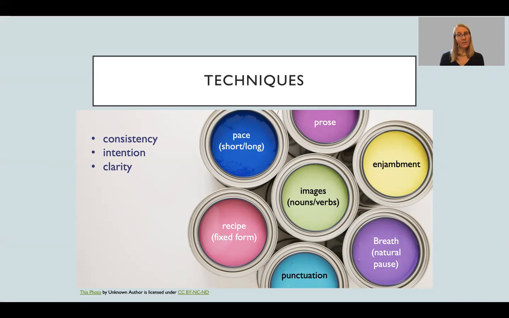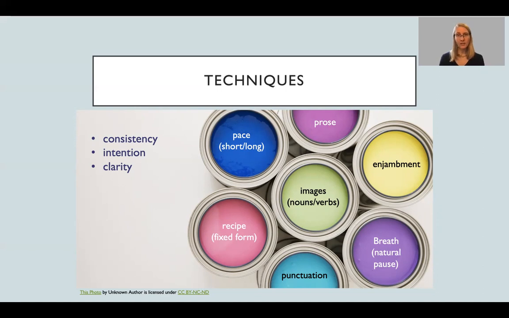We also have the breath, your natural pauses. And so if you're ever feeling frustrated with your poem, I say read it out loud, record yourself, or have someone listen to you and make a little break on the page wherever you're taking a meaningful break. And those might be the best places to break the lines in your poem on the page.